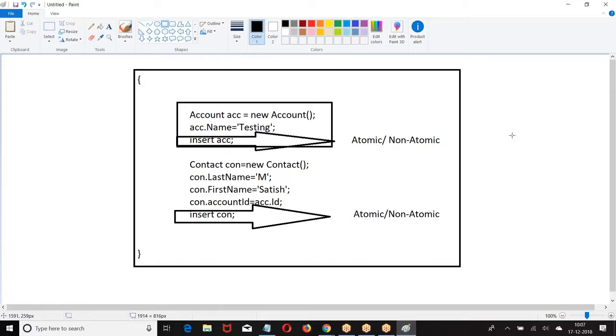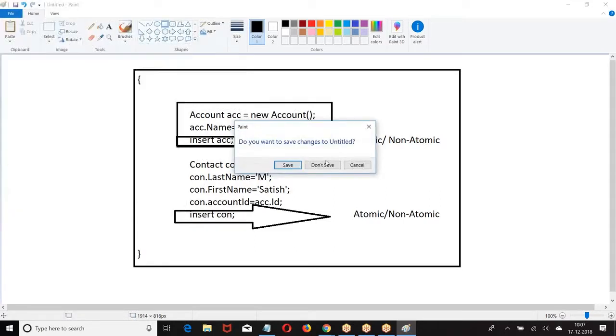Now when you say atomic, when I'm making a DML on a group of accounts, insert all the accounts or don't insert any. Group of opportunities, update all the opportunities or don't update any one of the opportunities. But what I'm saying now is, insert all the records, update all the contacts, or else don't do anything. I want every DML in this transaction to be success or none of the DML statements to be success. There I go with a transaction control called save point and rollback. I hope you're good. Are you good with this? Once again I repeat.